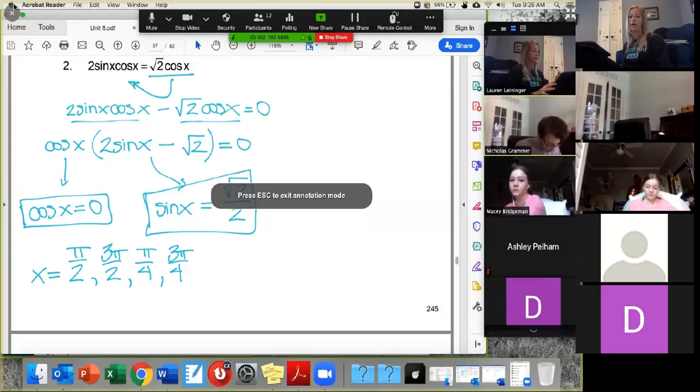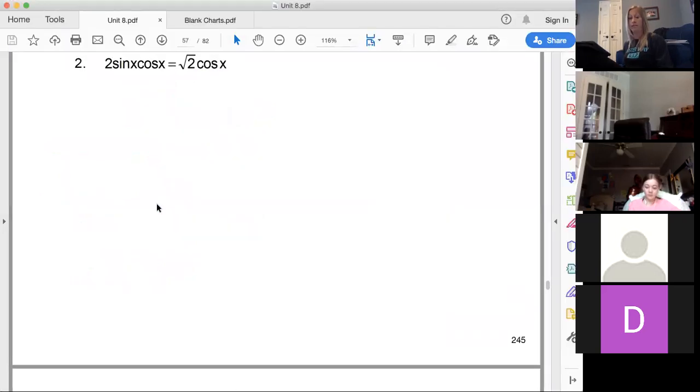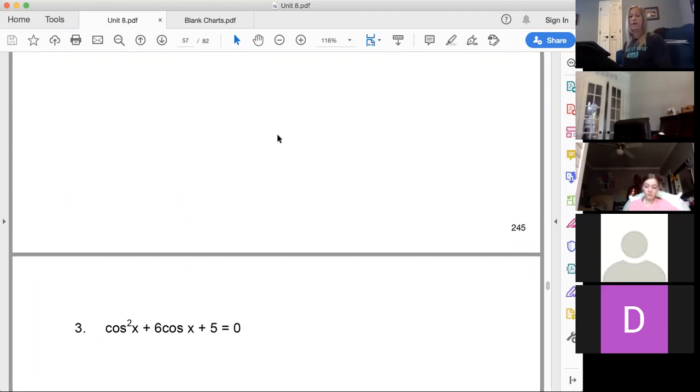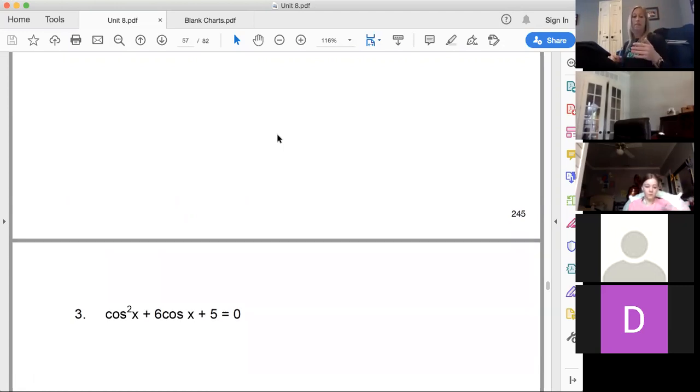This is where we're going to get super comfortable with your chart again, with the unit circle, and either you're going to get comfortable or it's just going to be right over your head. Because here's the thing. Obviously I can't control calculator, non-calculator at home, but anyone know what's going to happen if I type these things into my calculator to get an answer? If I do inverse cosine at 0,